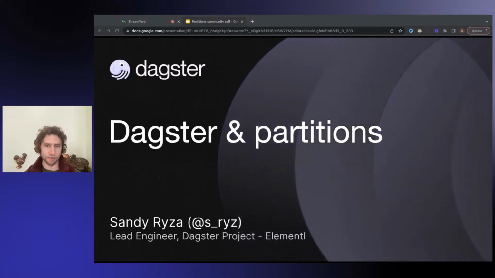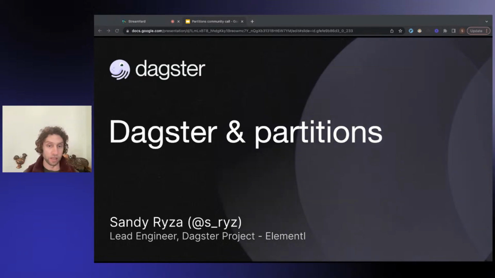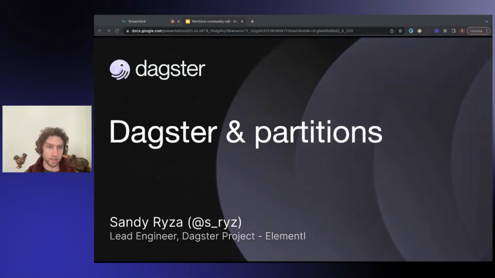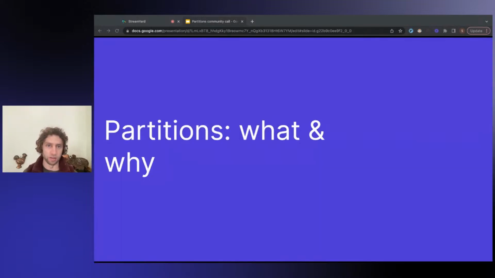As a consequence, if you're an experienced Dagster user, some of the content at the beginning of the presentation might be familiar to you, but there are enough new bits that if you stick around, you're likely to learn something new as well. Before I jump into demos, I want to talk a little bit about the what and why